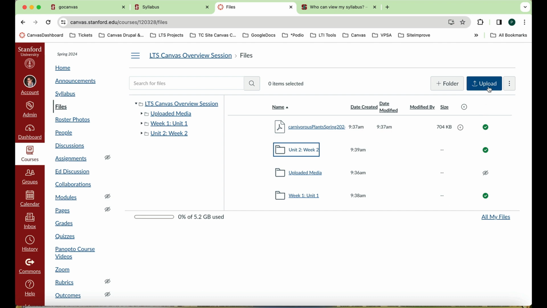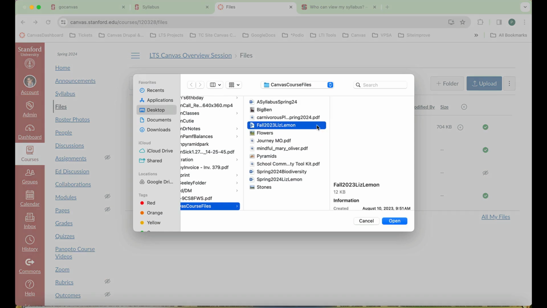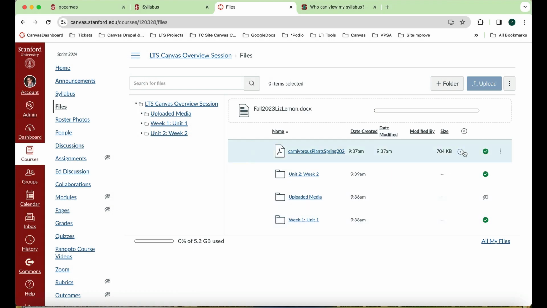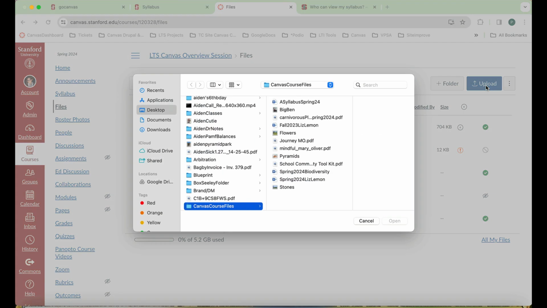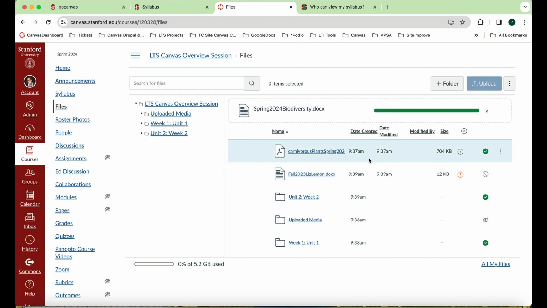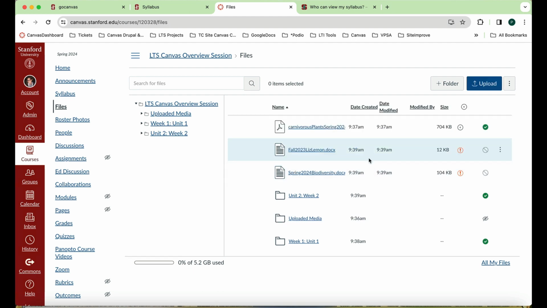Now I'm going to go ahead and I'm going to upload a few files here now. You may be thinking, if I'm going to bring an entire quarter's worth of content into files, that's going to be an awful lot of clicking to manage and set my usage rights. But there is a hack here for bulk functionality.